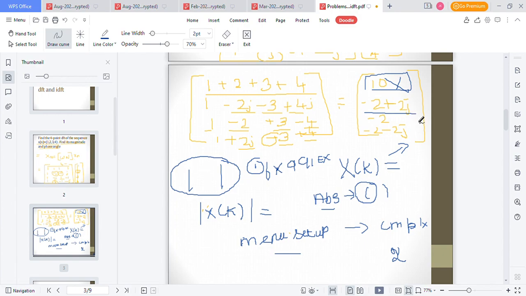This one you are going to substitute. That is, you are going to substitute minus 2 plus 2j on the calculator. If you substitute minus 2 plus 2j, then you are going to get 2 root 2. Right? You are going to get it as 2 root 2. So this is 10, this is 2 root 2, and this minus 2 you have to keep